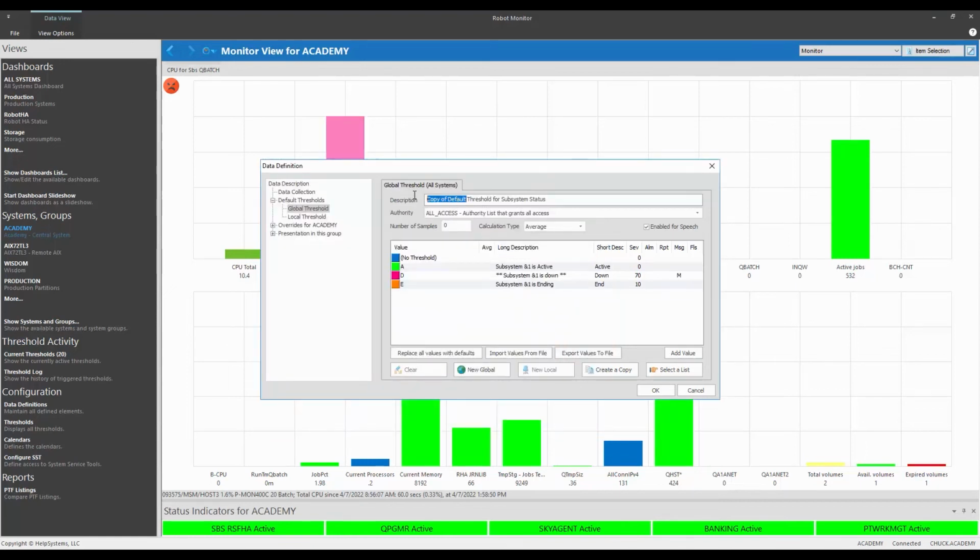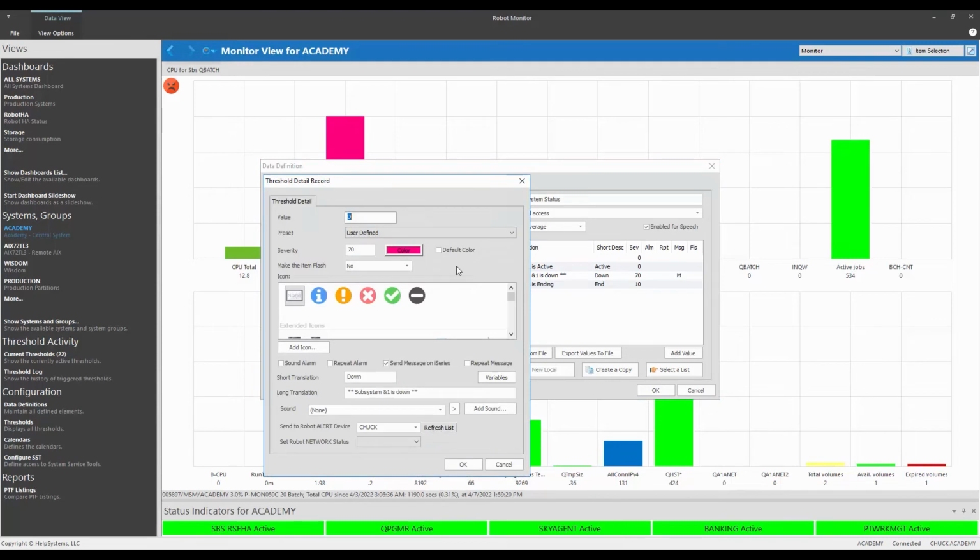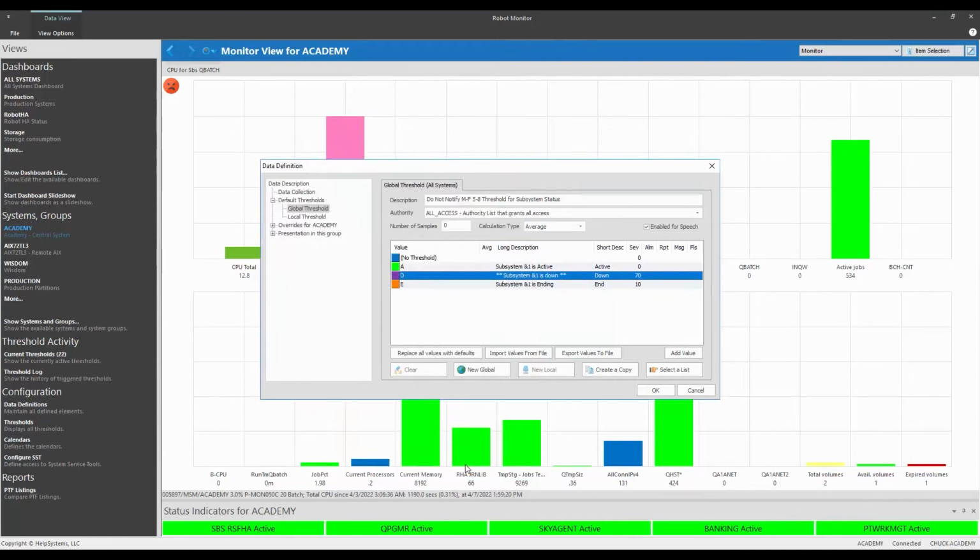So what we'd like to do is say, do not notify Monday through Friday 5 to 8, threshold for subsystem status. And then I'm simply going to take my down threshold and I'm going to uncheck send a message. I'm going to take out my robot alert interface. And I may even add additional information like